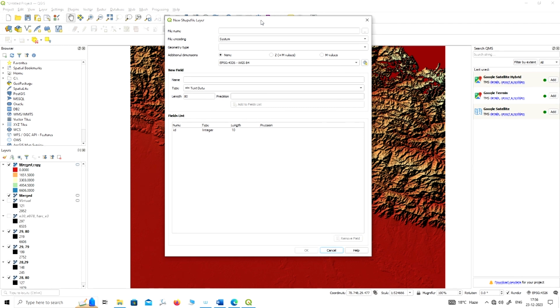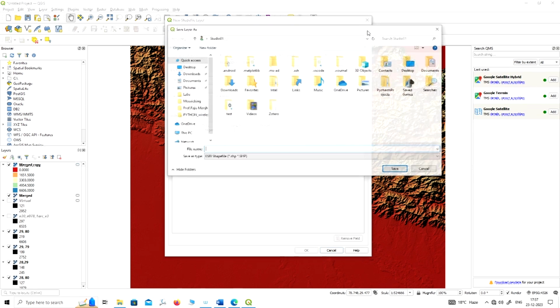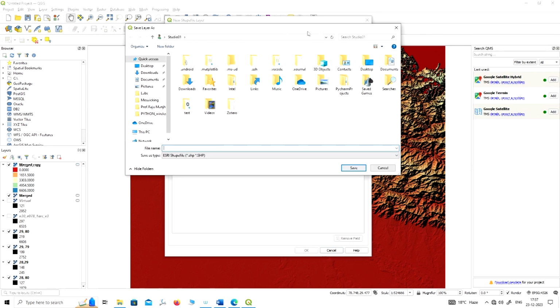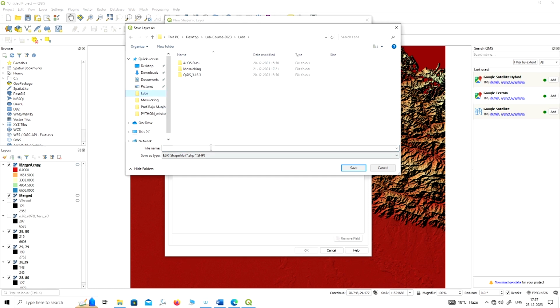For example, if you want to label your map and add the location name, in that case you have to choose the point shapefile. To generate the point shapefile, first you have to give the file name and save it in a directory. You just choose the directory and give the name of the file. So I am just writing the point,